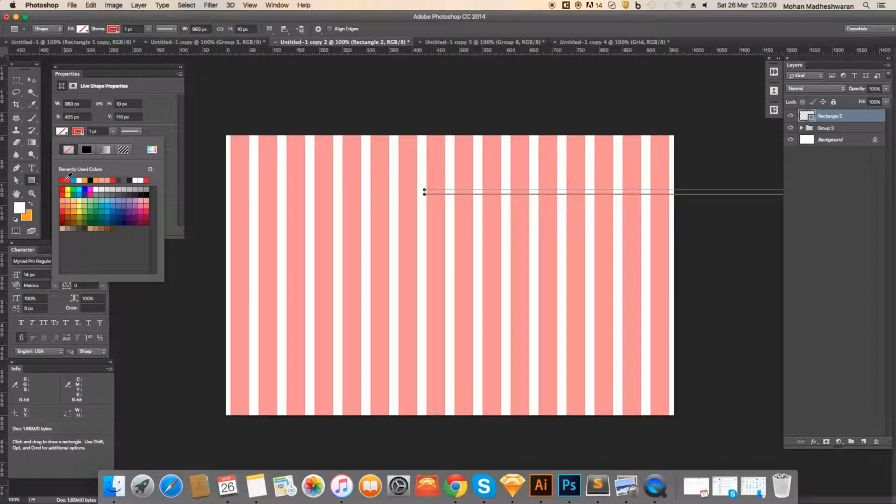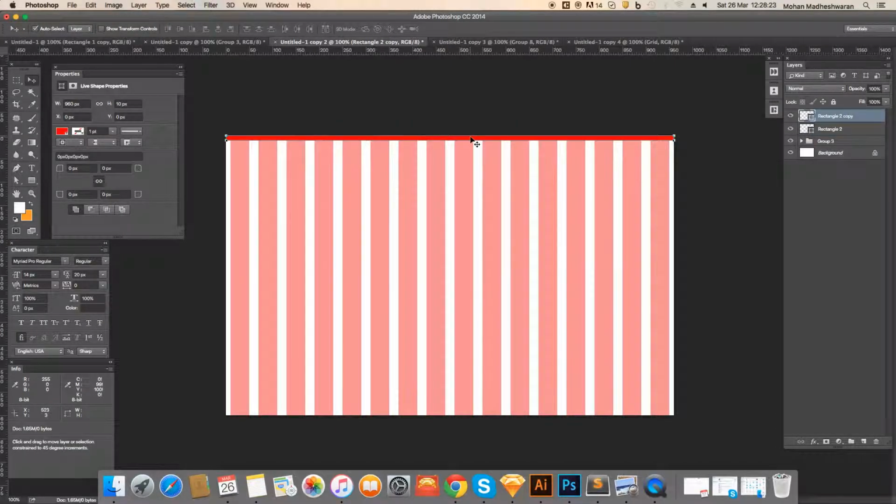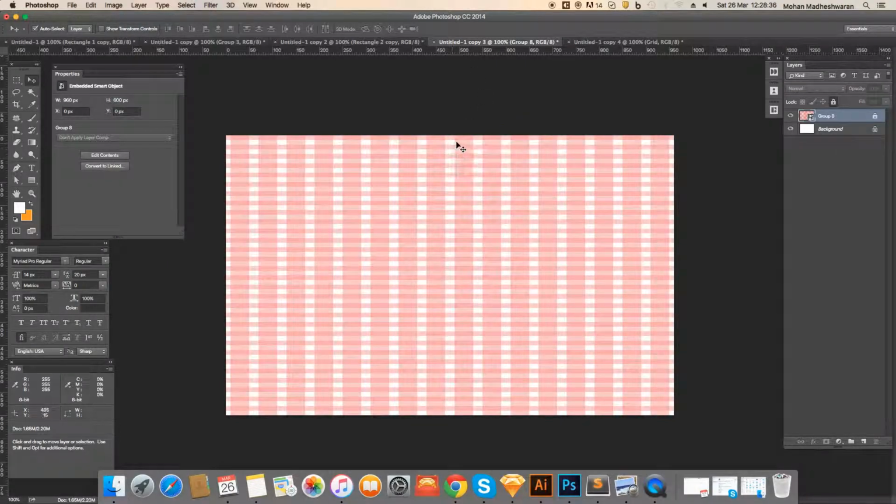So make this similar. So take the fill, remove the stroke. Let's align it to top, middle. Okay. So we have 10 pixels here and the gutter space will also be 10. So take one copy, 10, 20. So we have one column, one gutter, 10 pixels and one grid here. So this is the final I have done, which has vertical and horizontal grids. I'll show you how to align the contents using this grid system.